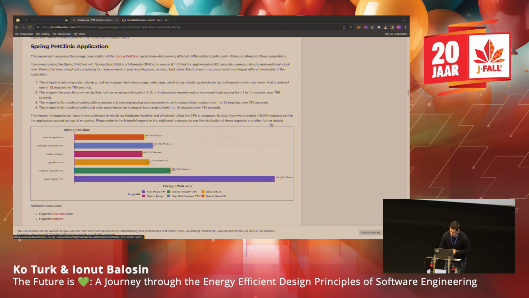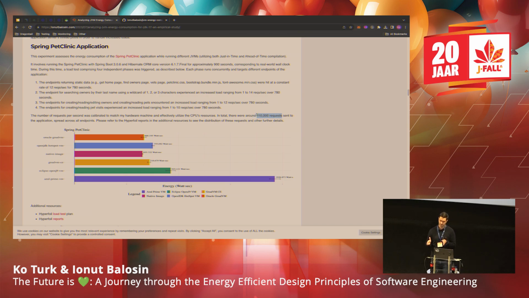In total, during this execution, in terms of time, it was 15 minutes, but the total number of requests triggered during the application running time was around 110,000 requests. So as you can see, it's not a lot. The running period was not very long, but for us it was good enough to have an understanding.